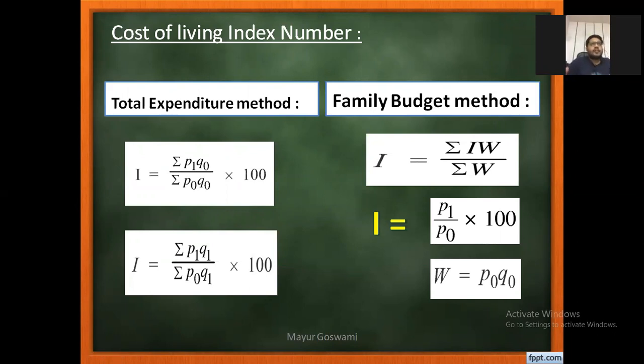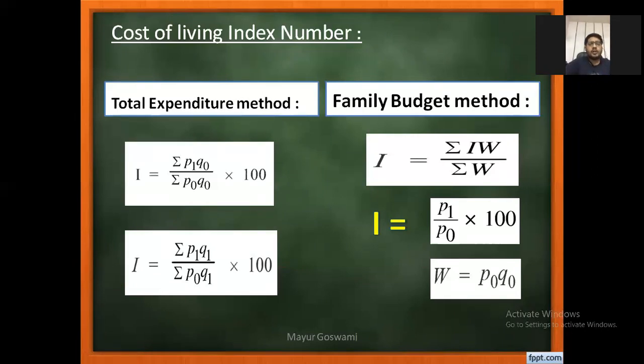So moving further towards index number, our today's topic is cost of living index number. As you know, in the previous sum we have seen that there are different items given, say food, clothes, rent, fuel, electricity charges. So the clubbing of those items in one way, in one sentence, you can say it's the cost of living, and for that we are finding the index number. So that is how it comes, cost of living index number, right?